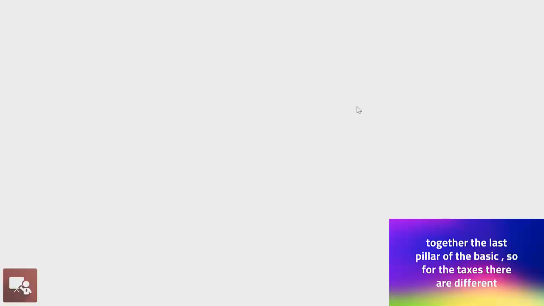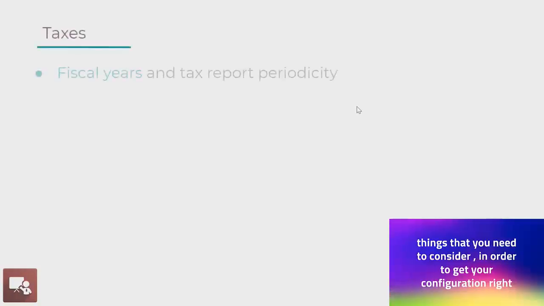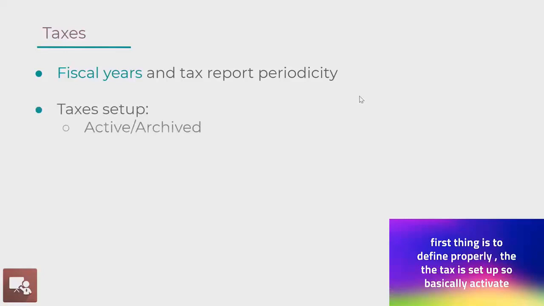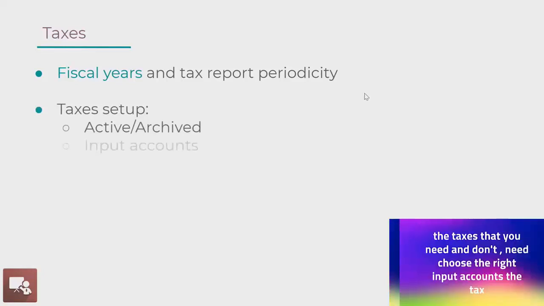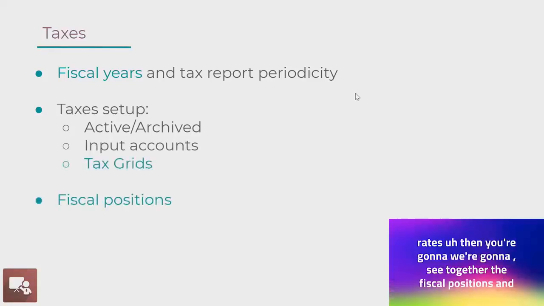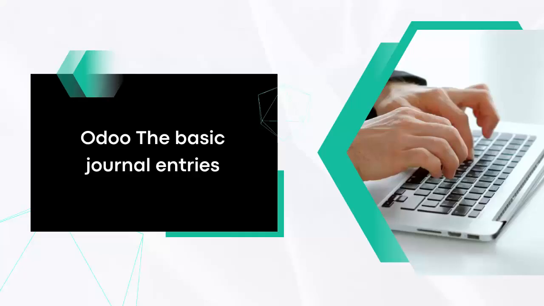Together, the last pillar of the basic setup, the taxes. There are different things that you need to consider in order to get your configuration right. First thing is to define properly the taxes setup, so basically activate the taxes that you need and don't need, choose the right input accounts and the tax rates. Then we're going to see together the fiscal positions and